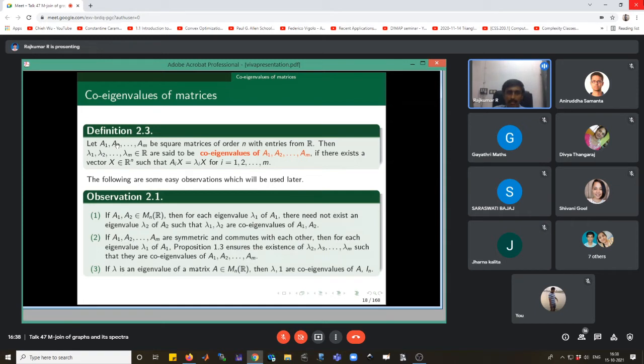Suppose A1, A2, ..., Am are square matrices of order n with real entries. Then the real numbers lambda 1 to lambda n are said to be co-eigenvalues of these matrices A1, A2, ..., Am if there exists a vector x in